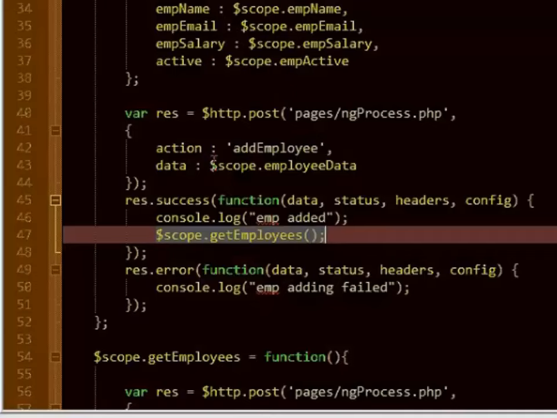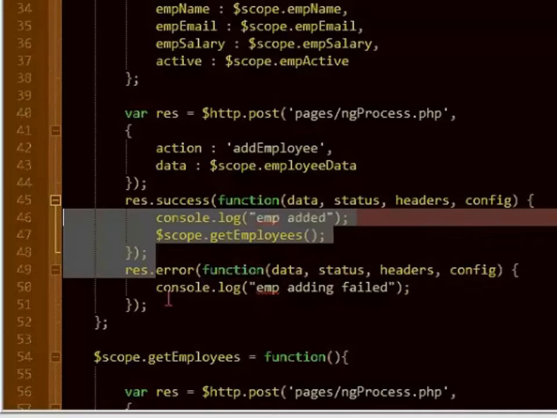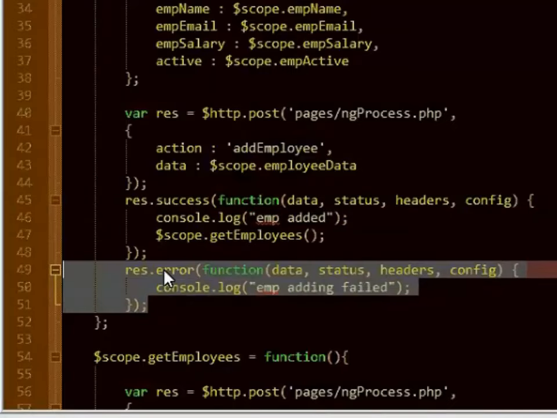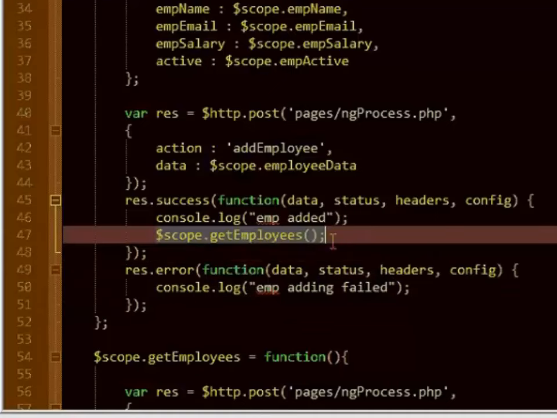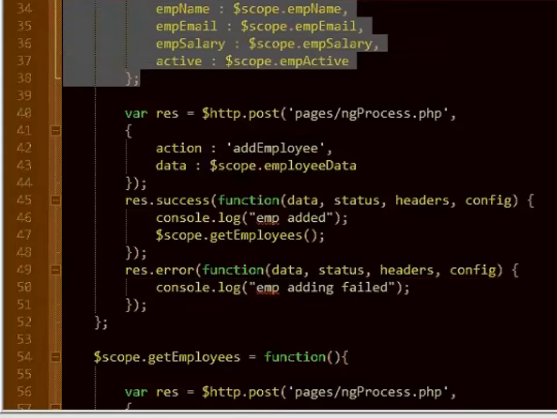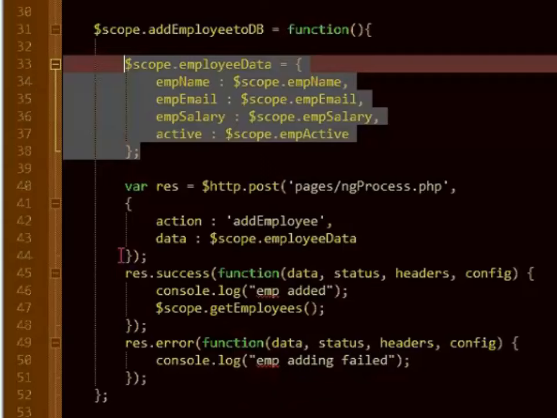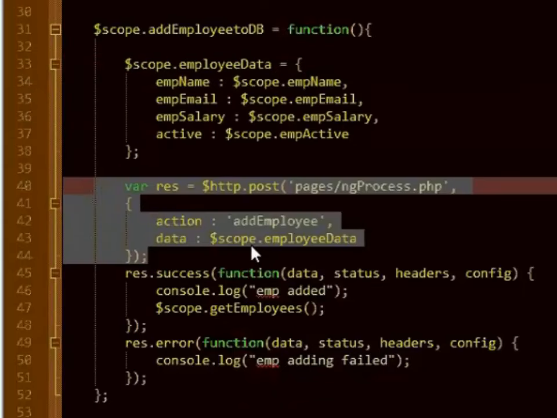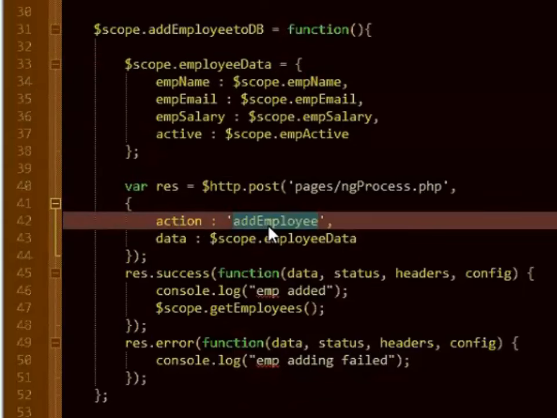We have two functions, success and error. Upon a successful HTTP request, we just refresh the list of employees by this function, line number 47, and on error we'll write a console message, so we'll see if it fails or not. Simply, we have created a JSON object from the ng-model values and then made the HTTP request. If you want to see the function we have used in PHP,